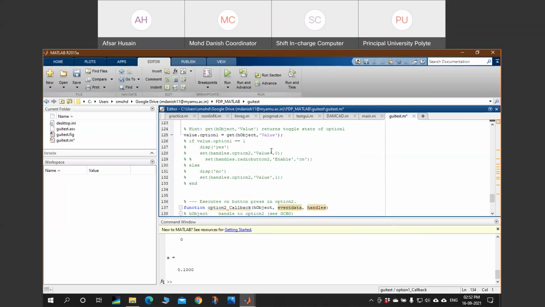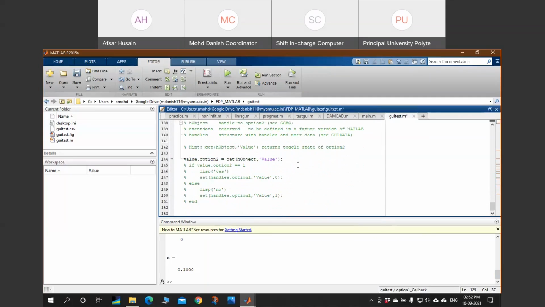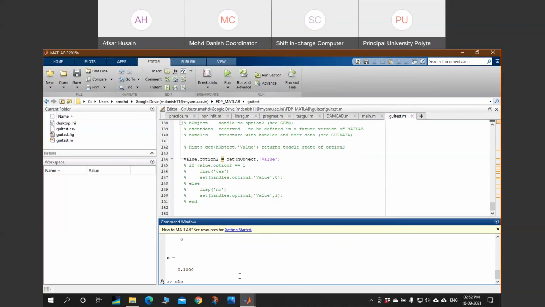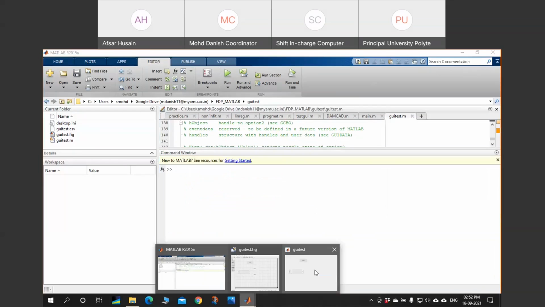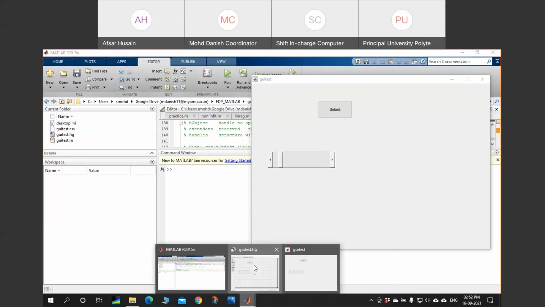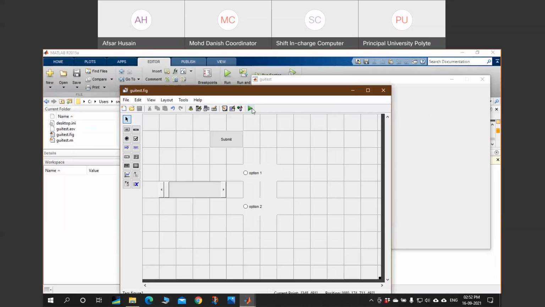And I am just running it, leaving this without a semicolon intentionally to see what is happening in the command window. Let me clear the command window. Let me resize it, and now going back to the GUI. When you run it, these options will appear.